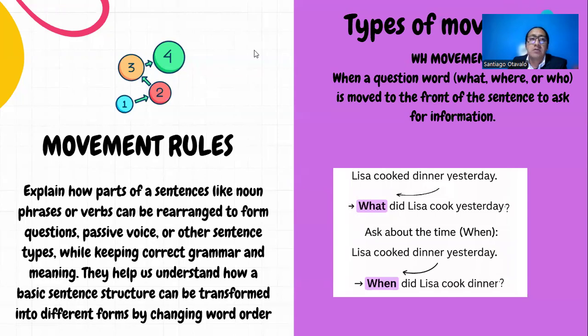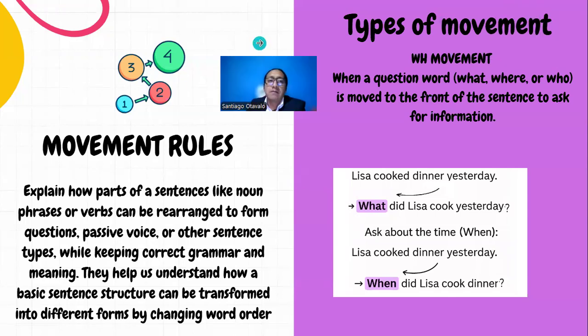Okay, let's continue. Now, here we have movement rules. Movement rules explain how parts of a sentence, like nouns or verbs, can be rearranged to form questions, passive voice, or other sentence types, while keeping correct grammar and meaning. They help us to understand how basic sentence structure can be transformed into different forms by changing only the word